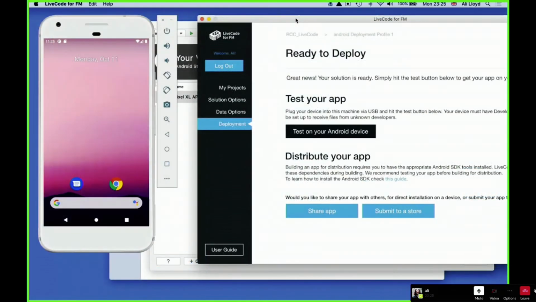So I'm going to briefly swap back to asking another question that I got from Twitch. Is there a limit to the maximum size of an FMP app that can be used on LiveCode FM? File size and components, i.e. layout, scripts, fields, etc. A phone app will have limited components, but the desktop version is much bigger.